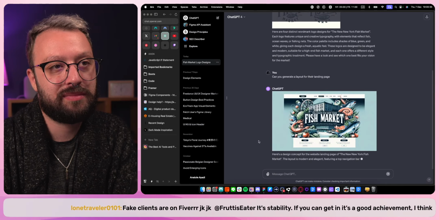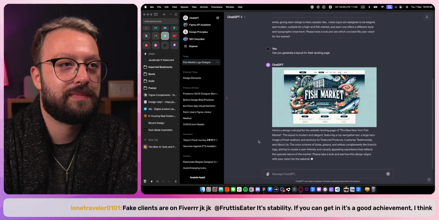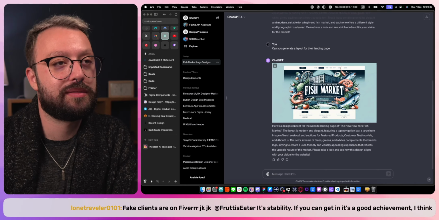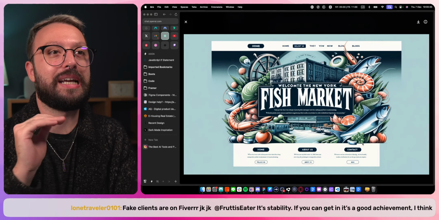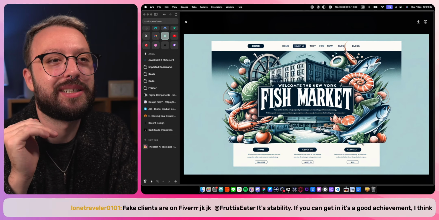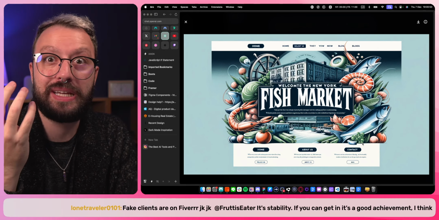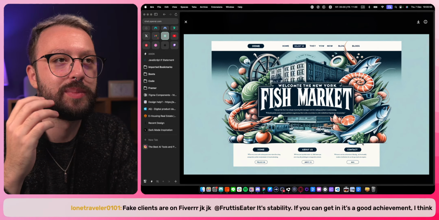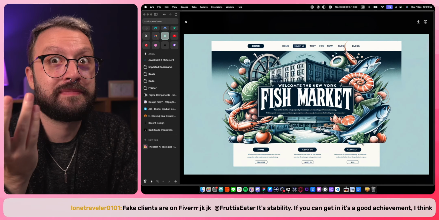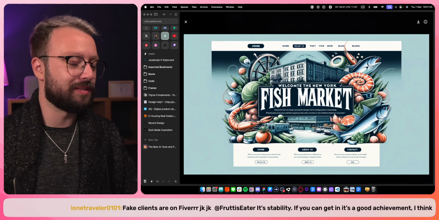Look at that. If I'm taking that, I clean it up, entirely clean it up, to make sure that text makes sense, to make sure that the buttons make sense and all that. It's good. I don't know. Anyways,